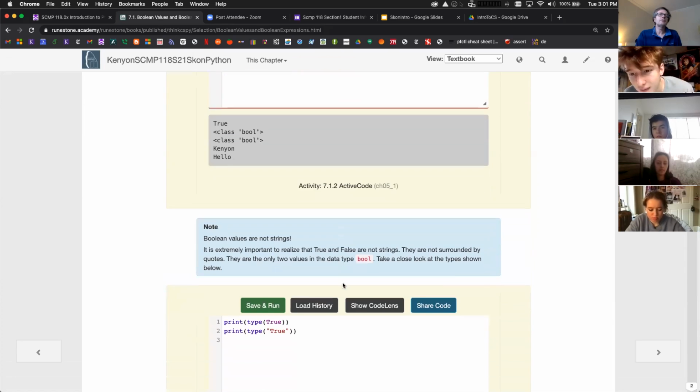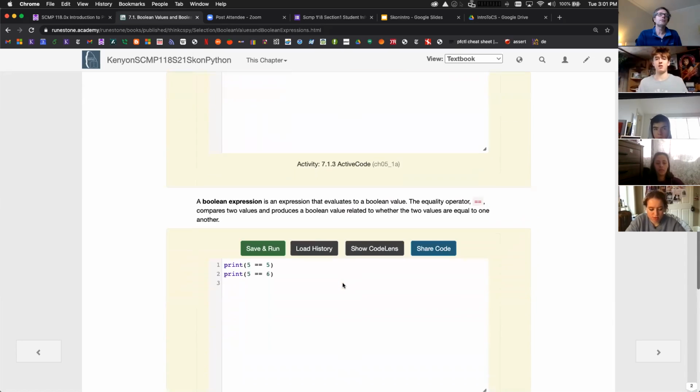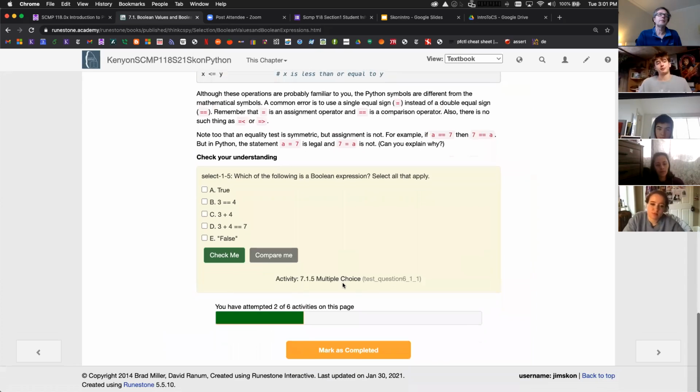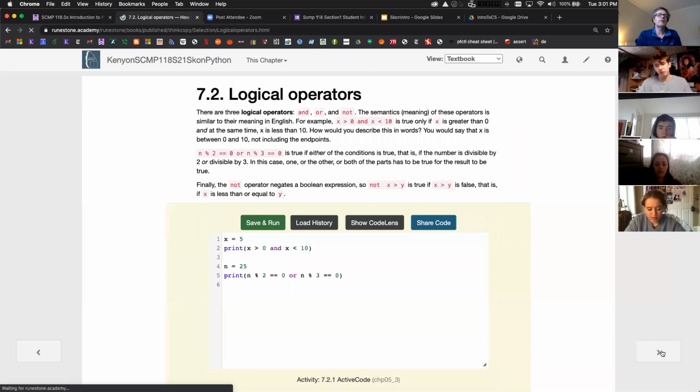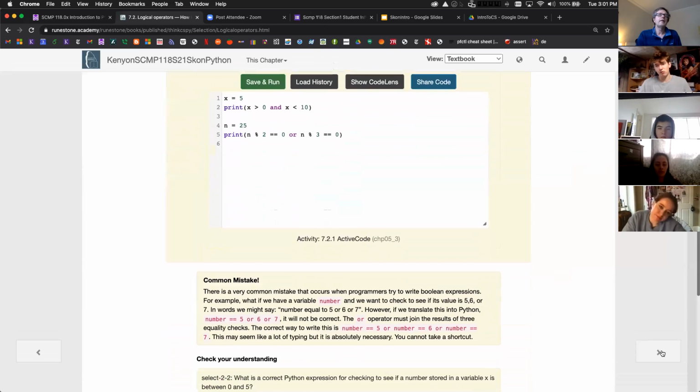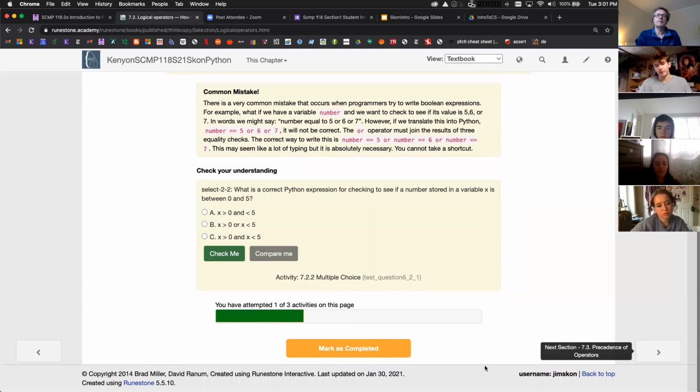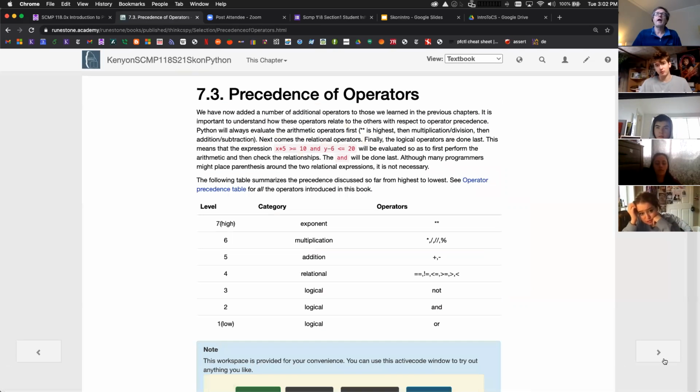So you can actually do programs, and you should do programs while you're reading the book. When you read a page, you mark it as completed and go to the next page. Then you go through and do those activities, mark as completed, and go to the next page. And then I can actually see what you have read, and I can see which problems you have completed.